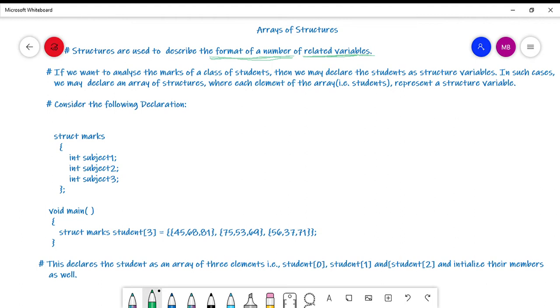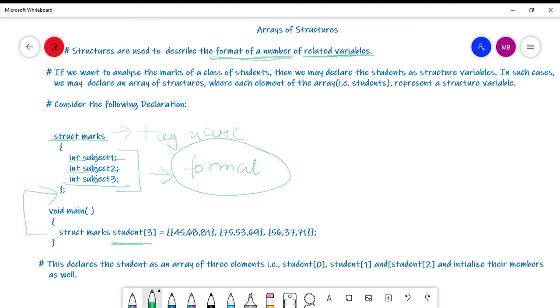First of all, I define the structure, using the keyword struct to tell the compiler that it is a structure. Marks is the tag name or the structure name. So I know that this is the name of this particular structure. Now this is the format of the structure. The members that are given for the structure describe its format. So all the variables that will belong to this structure will have all these three members for sure. That means they will strictly follow the same format.